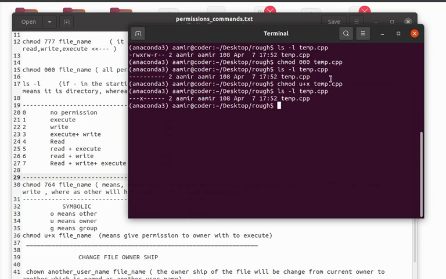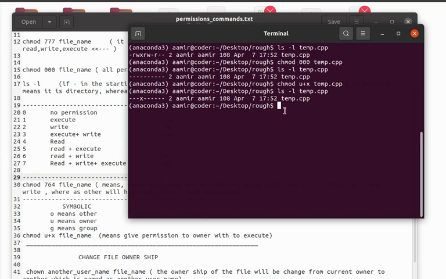and if we see it again now, this is the owner part. As you can see, the first column mentions that it is a file, it starts. Now the owner part starts, so read is missing, write is missing, and execute, we gave the execute permission to the owner.